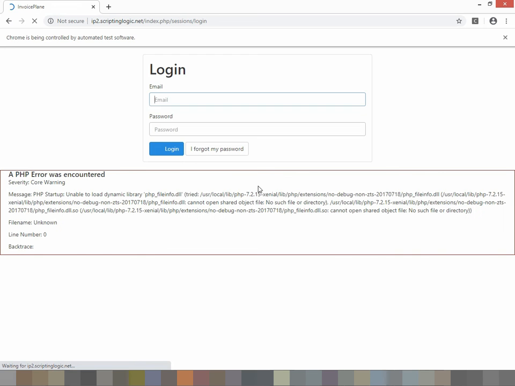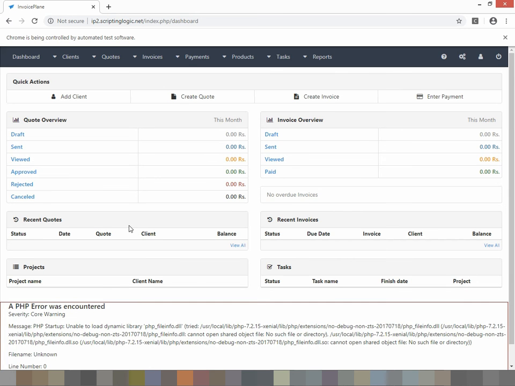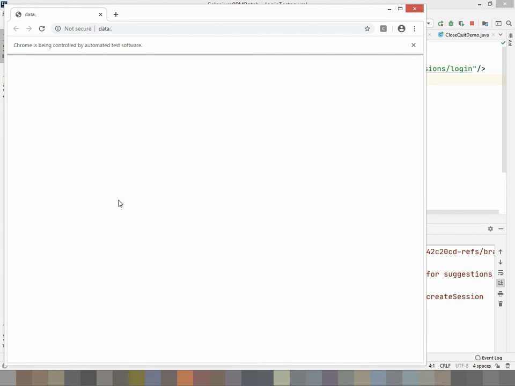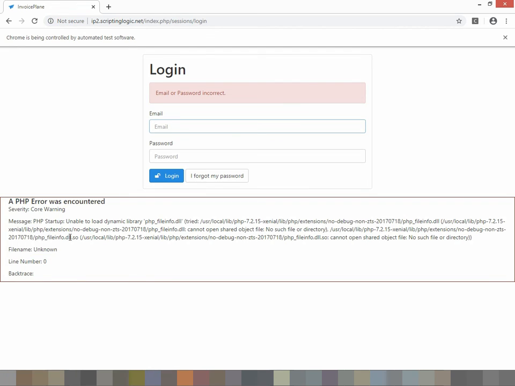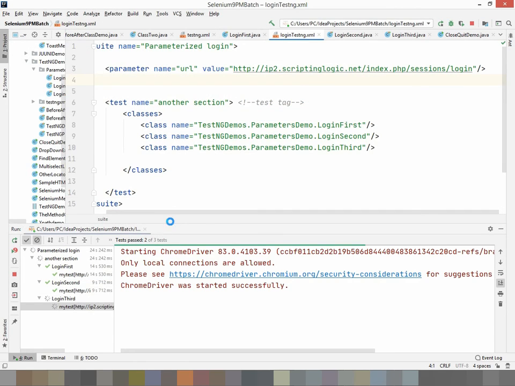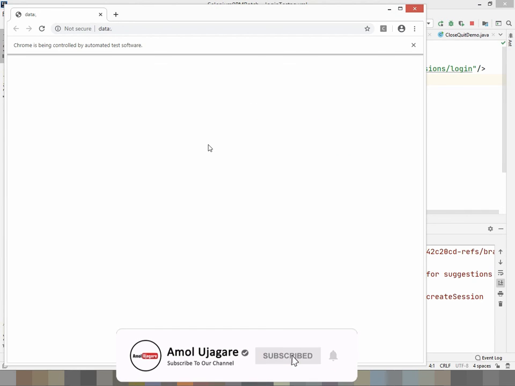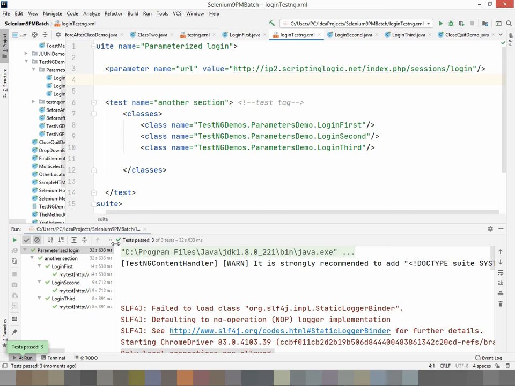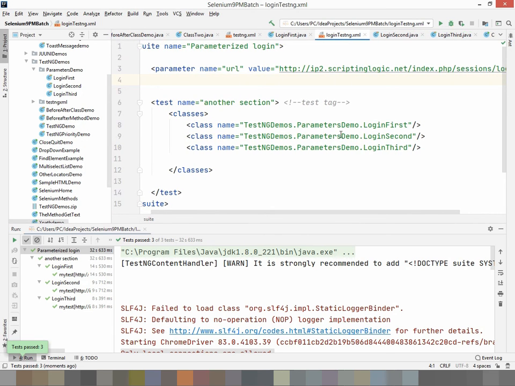You see, there must be some error below this. Yes, you can see here, and it means that this is a different environment. On the login page there was an error here, like this. So the third time. This is how parameterization can be done.